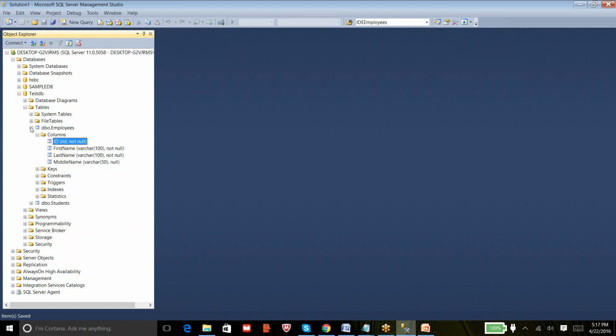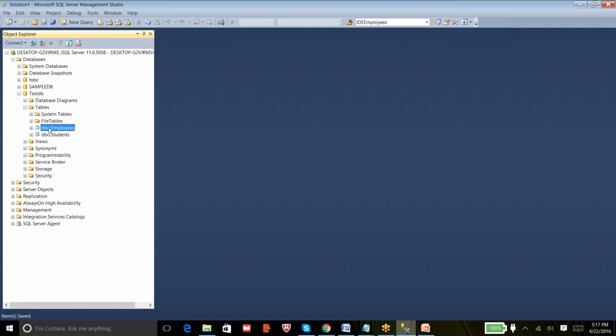When we create a table, it looks something like dbo.employees. DBO is nothing but the schema name. Within databases, we have schemas, and a schema is nothing but a collection of tables. Let's say this database has around 100 tables, and among those 100 tables, I have 20 tables that belong to products, and another 20 belong to orders, and another 20 belong to customers.